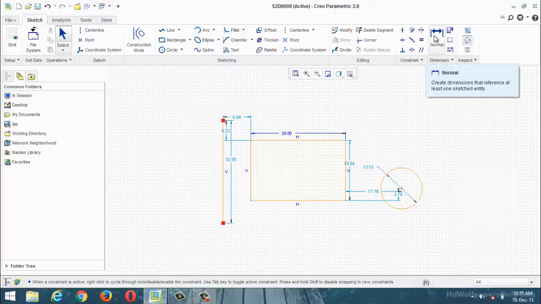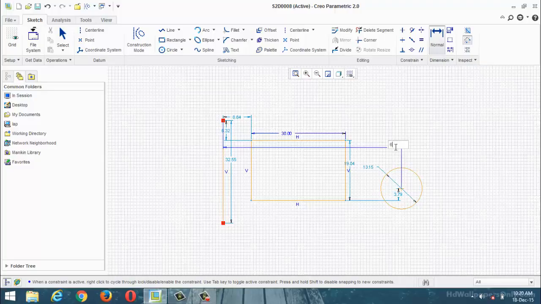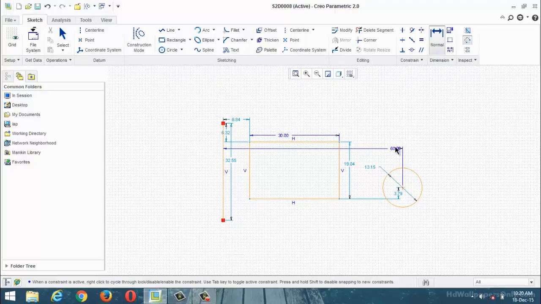Now see here. Again I am going to use the normal option. By using the normal option you can create the extra dimension as per the requirement. Select the normal. My requirement is this line to this point. Okay, you can change this one also, 60. Now see here. Already the line dimension exists here. What is the length? 30. Again you can apply the dimension for this one.